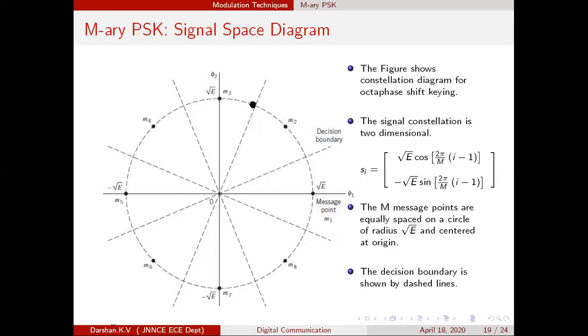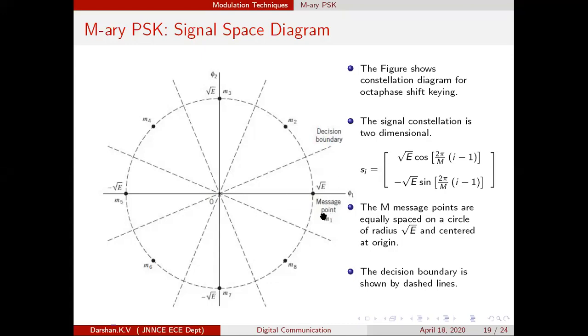If you join all the points with the help of a curve, then the locus would be a circle. So the constellation is looking like a circular constellation, and by virtue of the geometry, the constellation is symmetrical. The advantage of the symmetrical constellation is visualized in terms of the probability of error. For calculating the probability of error, the symmetry would be very helpful. How exactly is it helpful?